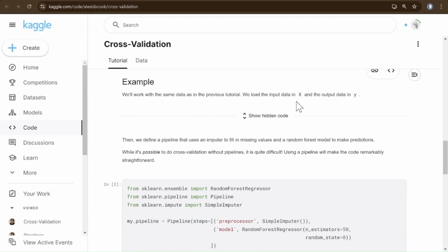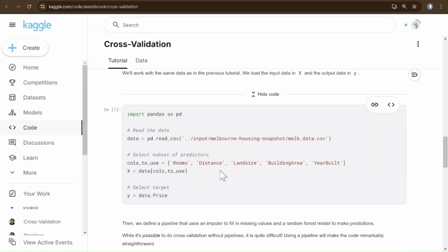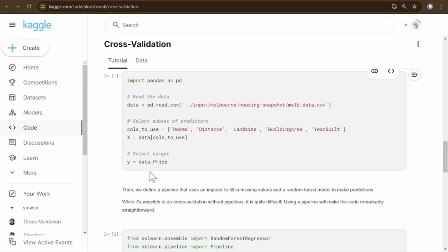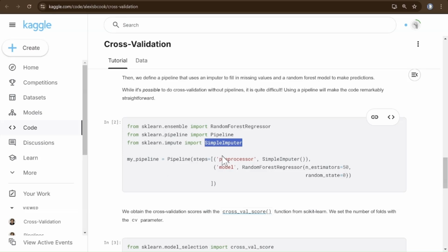In the previous tutorial we loaded the input data sets. Let's see the Melbourne data set: rooms, distance, land size, building area, year built, and you have to predict the price. Exactly the same one. Random forest regressor, pipeline. In our last class we studied pipelines and the simple imputer to handle missing values. Here, see, the pipeline has been created. The first step is